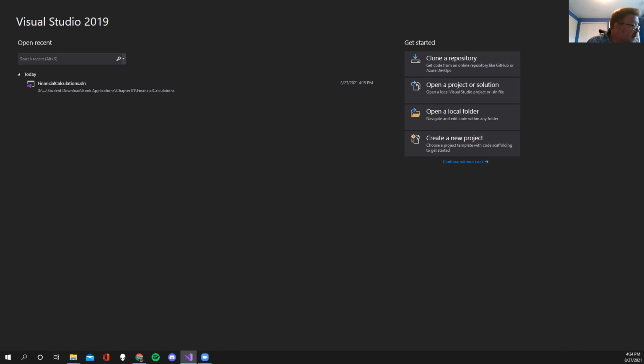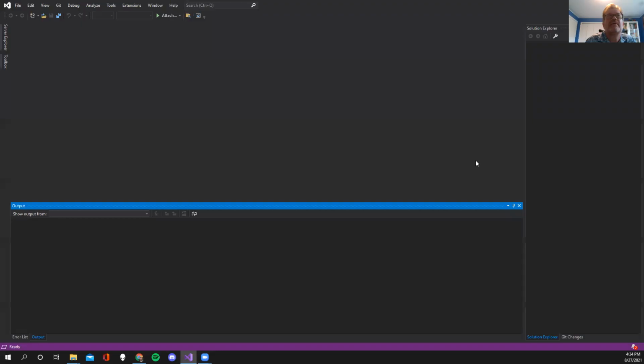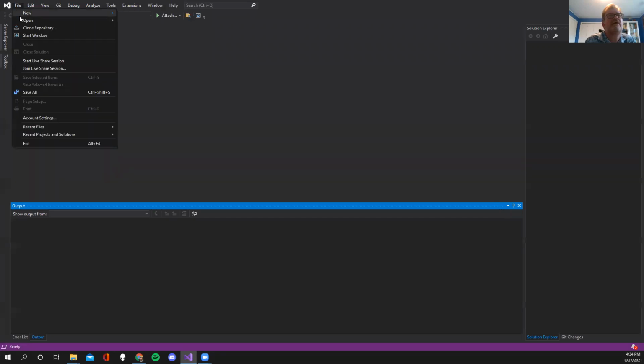So if I look at number 1, it says start Visual Studio, and if I want to, change import or export settings, basically change my settings. I don't think we're going to be doing that. So I'm just going to go. I wonder, by the way, continue without code. Does that do anything? Oh, see, that's interesting. Continue without code gets me to this point, which might have been the way to do